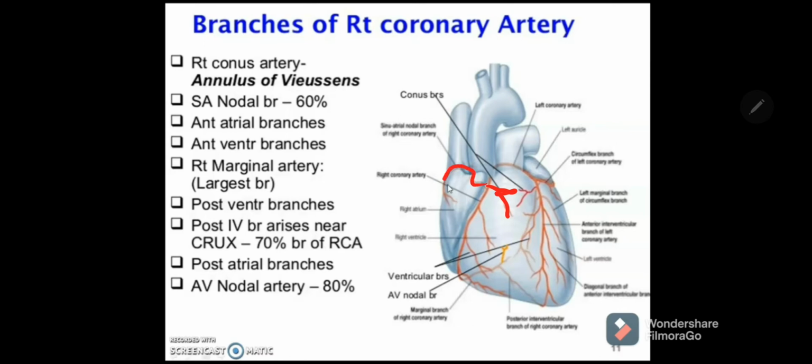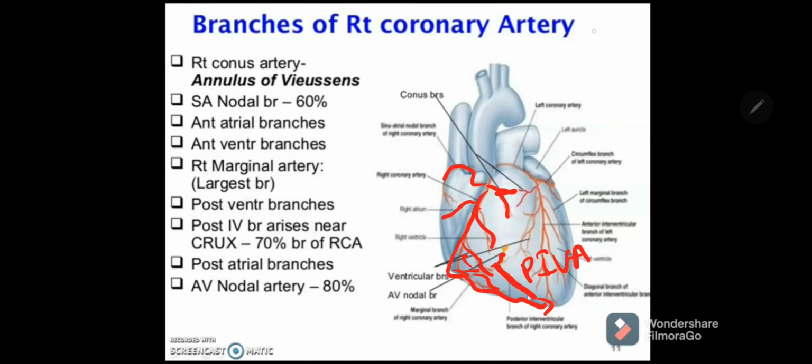It gives an SA nodal branch, and it gives anterior atrial branches and ventricular branches. The biggest one is called the marginal artery near the inferior border. Then it winds and again gives posterior ventricular branches, atrial branches, and it gives a branch called the posterior interventricular